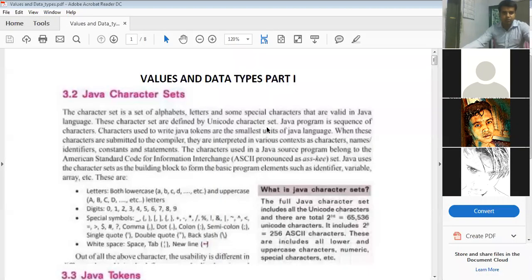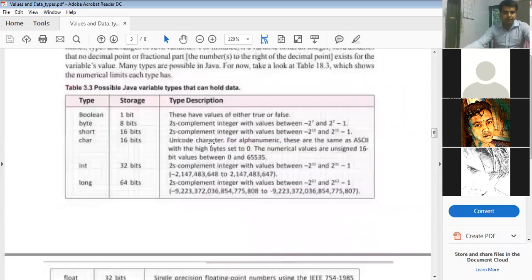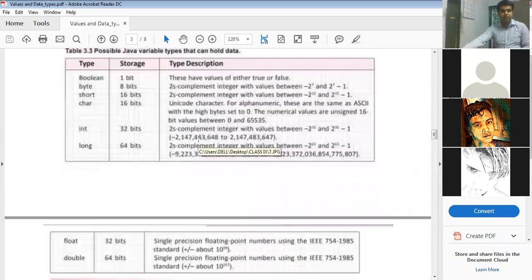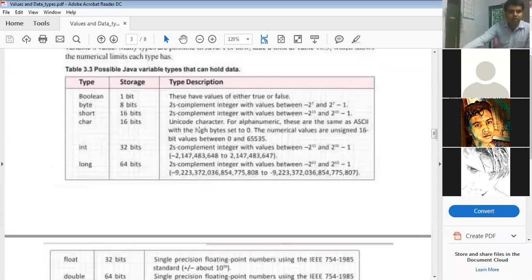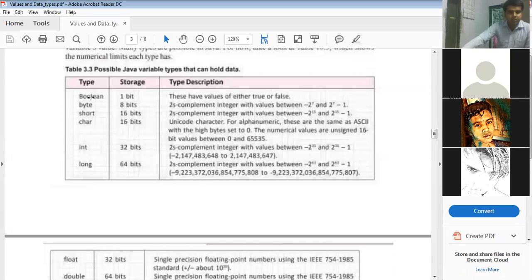Just to show you this particular thing, if I move a little bit downwards where all the data types are mentioned, see, this is what I am talking about. The data type, the storage capacity. 1 bit means 2 to the power 1. This is the Boolean type.